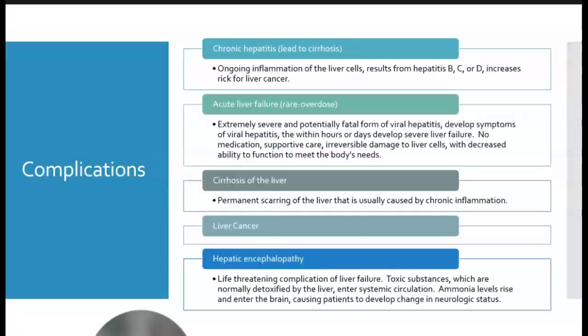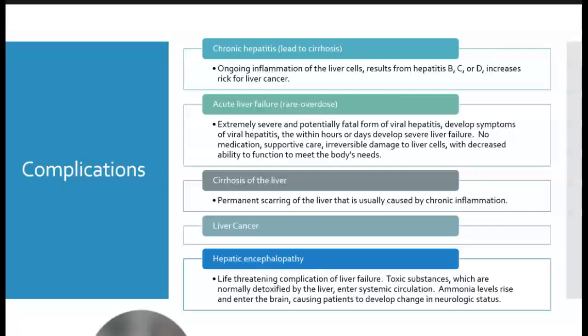Okay, so what kind of complications do we see with hepatitis? Well, one is chronic hepatitis. If you have chronic hepatitis, it's just ongoing inflammation of those liver cells, so they're constantly irritated all the time. This can lead to cirrhosis, which we're really not going to discuss in this particular portion. You will get that in your adult med surg. But if we continue to have chronic hepatitis, that can lead to cirrhosis, which is severe scarring of your liver,